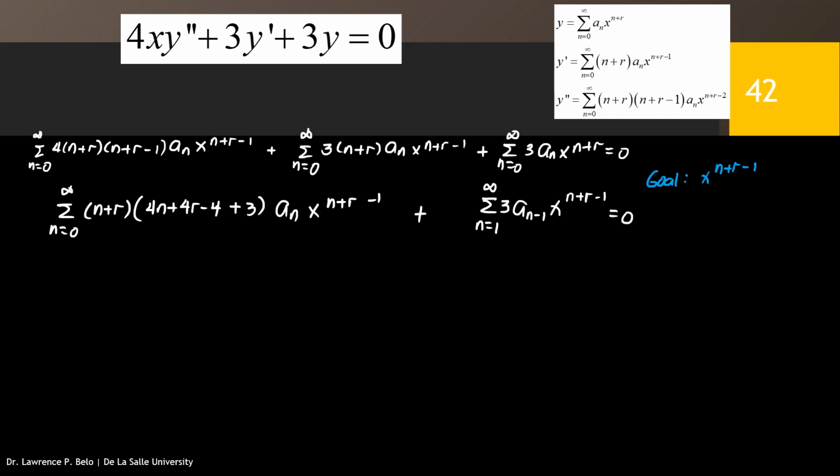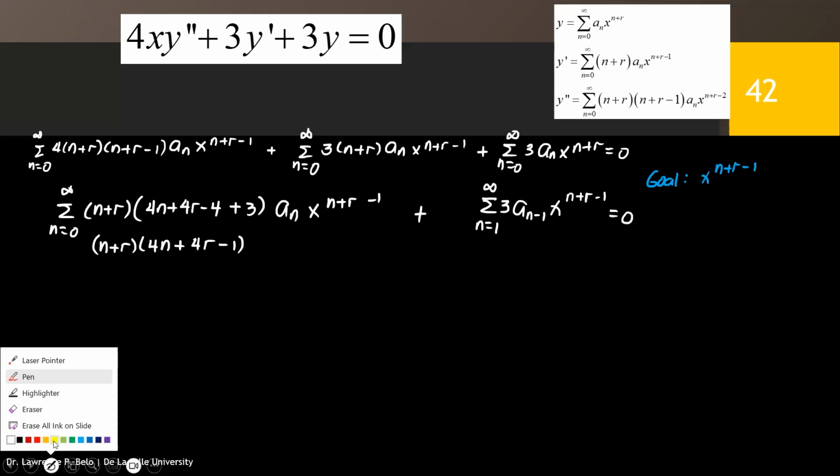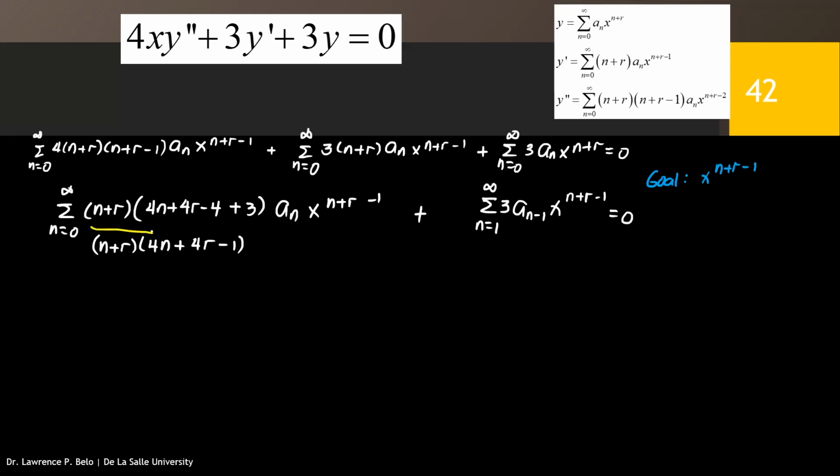So 4n plus 4r minus 1. So here, (n plus r)(4n plus 4r minus 1). All right. So this one will be that one. Since both of them are x raised to n plus r minus 1, we can already